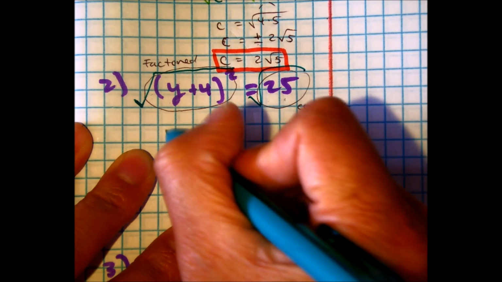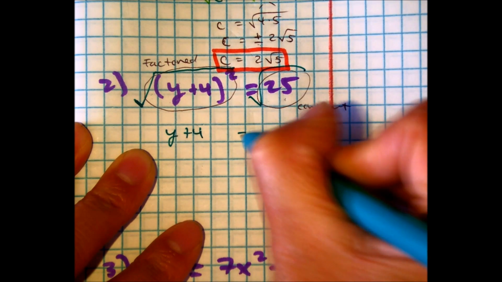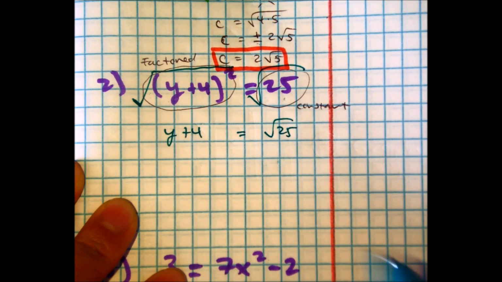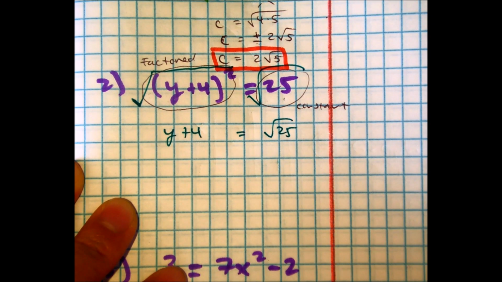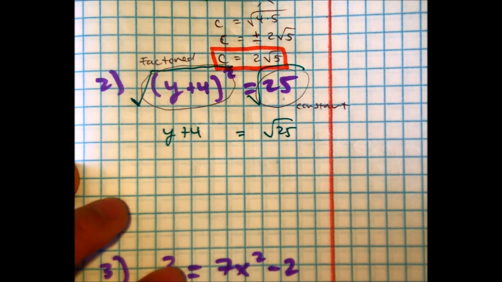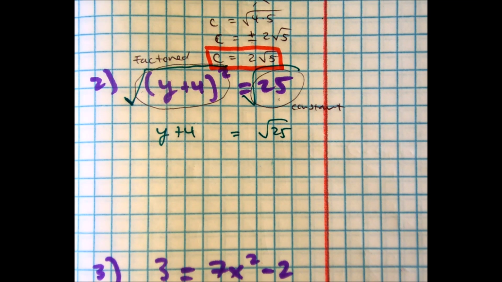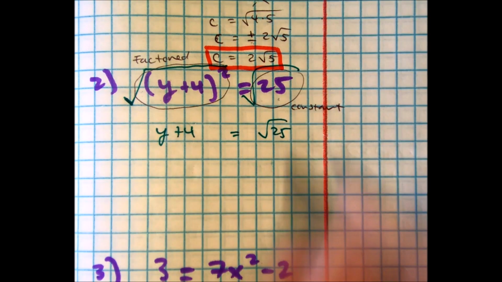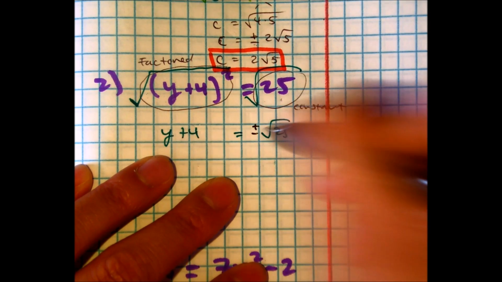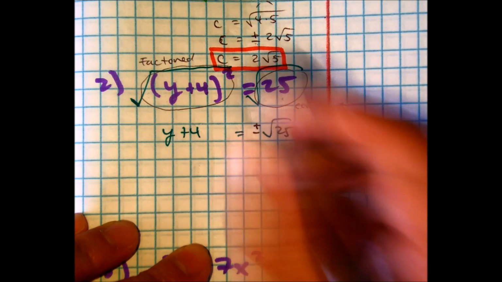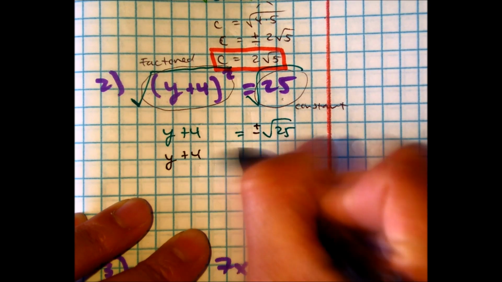We're left with y plus 4 equals the square root of 25. Uh-oh, I missed something. Partner A, whisper to partner B, what did I miss? Eduardo, what did I miss? I missed the plus or minus. Class, what is the square root of 25? So I have